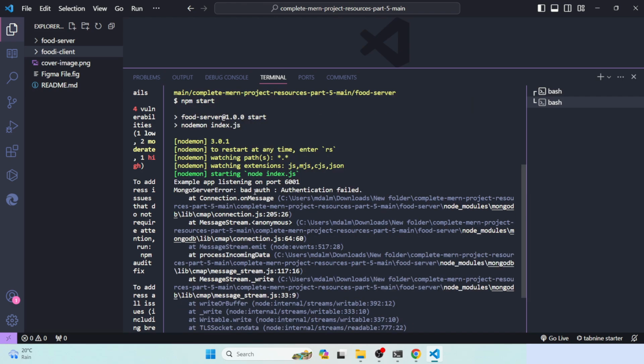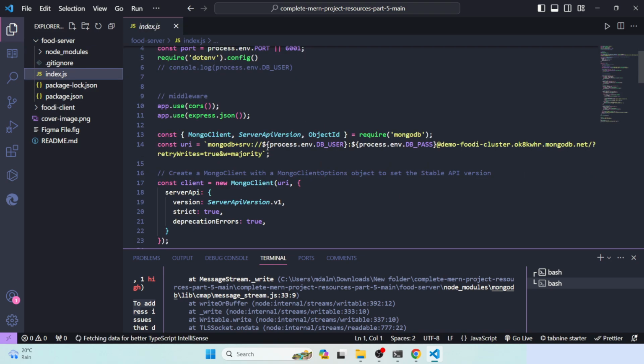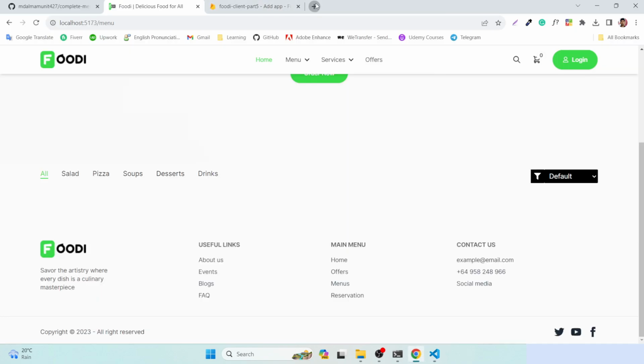So if you do this, then you will get this error, Mongoose server error. That means our MongoDB server is not working. Why not working? Actually, we used here index.js, we use .env variable. So here you can see our server is protected. We are using secret key. So that's why what you have to do, you have to go to the MongoDB,